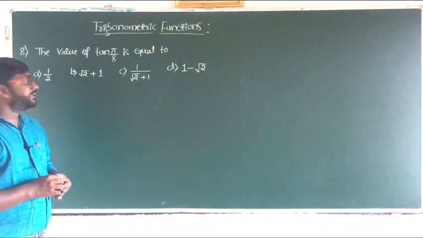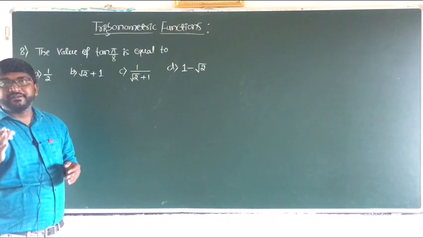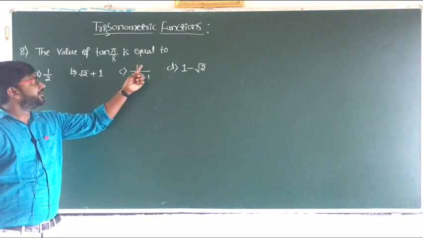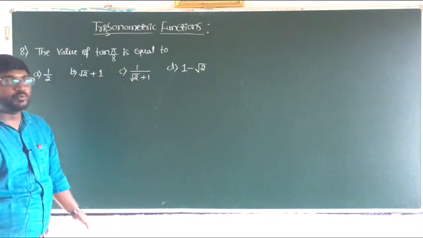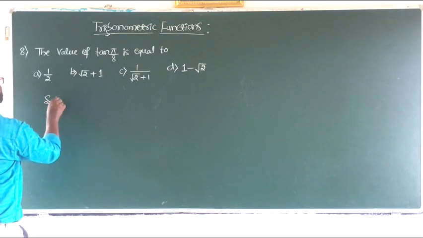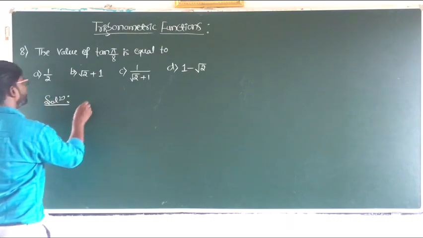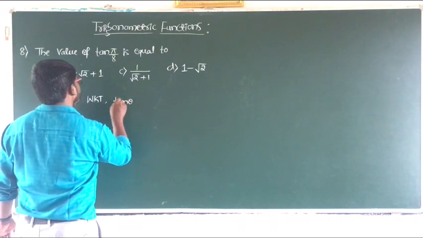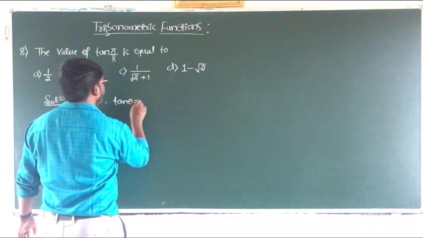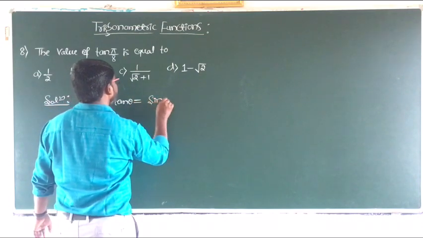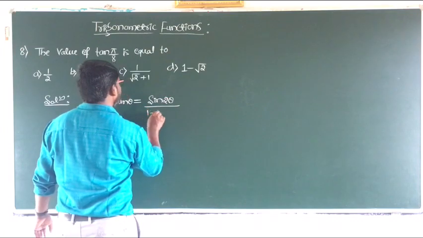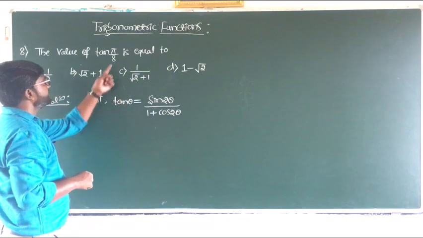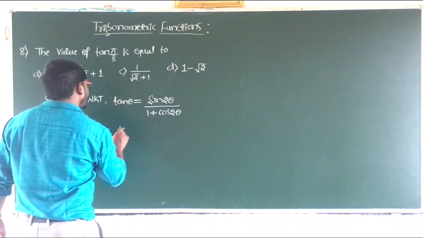Well, the next question is: the value of tan pi by 8 is equal to, and the four options are 1 by 2, root 2 plus 1, 1 divided by root 2 plus 1, and 1 minus root 2. So we'll solve this. We know that tan theta is equal to sin 2 theta divided by 1 plus cos 2 theta. So here theta is going to be pi by 8. So now tan pi by 8,